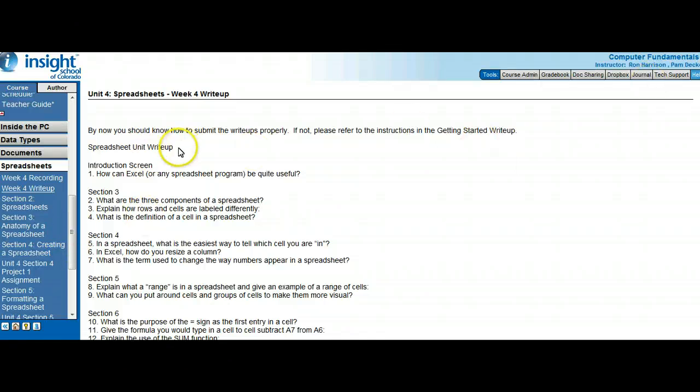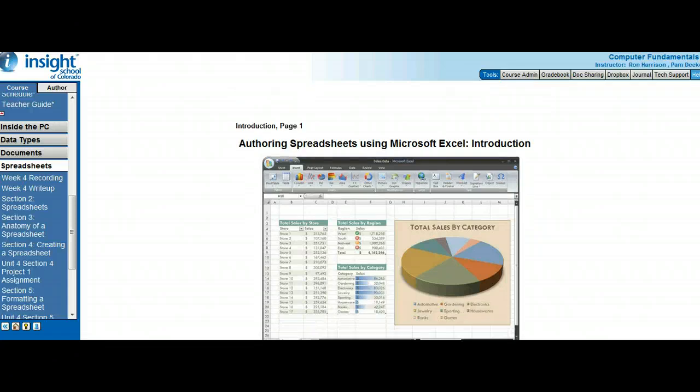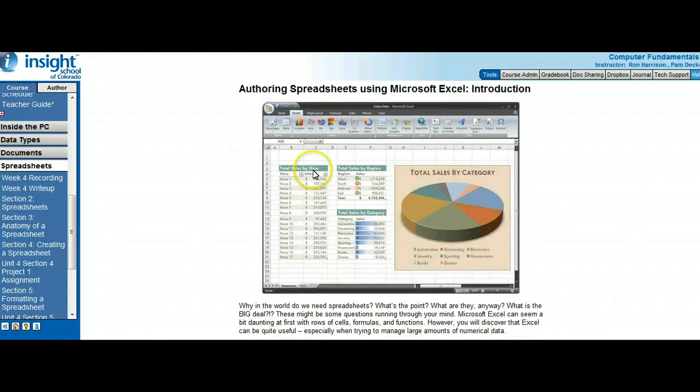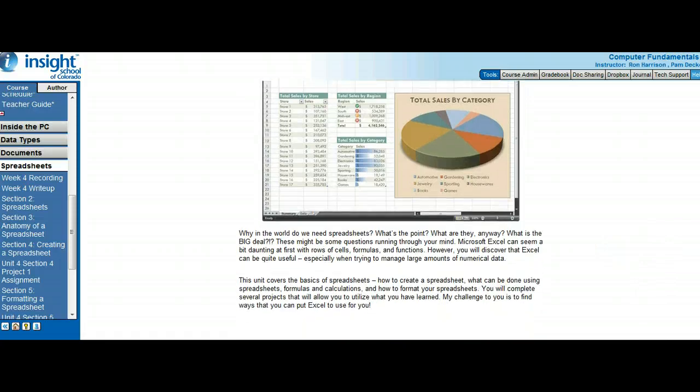Okay, so first, how can Excel or any spreadsheet program be quite useful? So here we are in the introduction screen. Authoring spreadsheets in Excel. Now look at all the stuff that one can do with this. We're not going to get into anything fancy in this class, but just know that there are so many things you can do with Excel. So it talks about